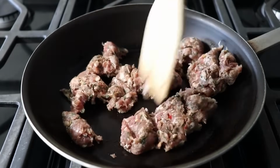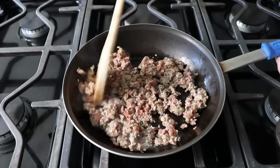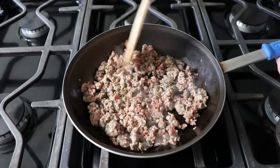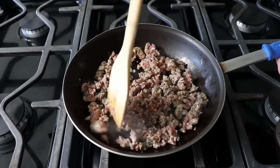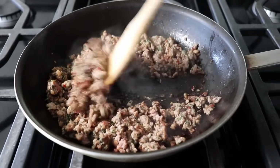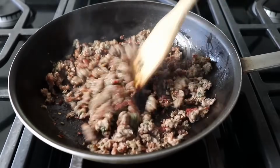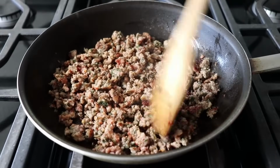Or some people like to use a potato masher, but since I'm using a nonstick pan, that's probably not a good idea. And in case you're keeping score at home, I'm using 2 hot Italian sausage. And how small you crumble this and how much it browns is going to be up to you. And you can see here how far I went. And then once we're happy with how that looks and feels, we'll simply turn off the heat and reserve it